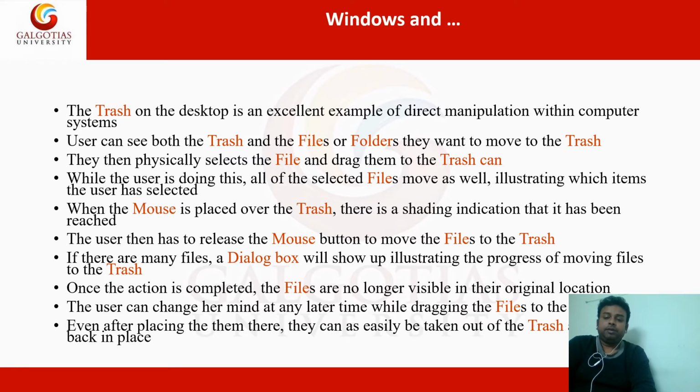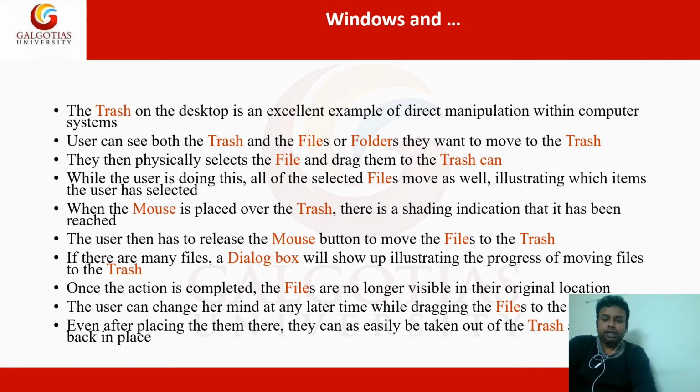At the same time, you are able to see both your file or folder, whatever you want to delete, and the trash. Physically, they have to select the file and drag it into the trash. While the user is doing this, all the selected files move as well, interacting with the item the user has selected.